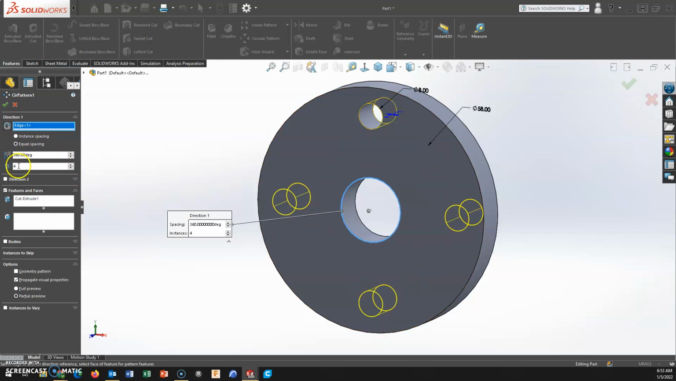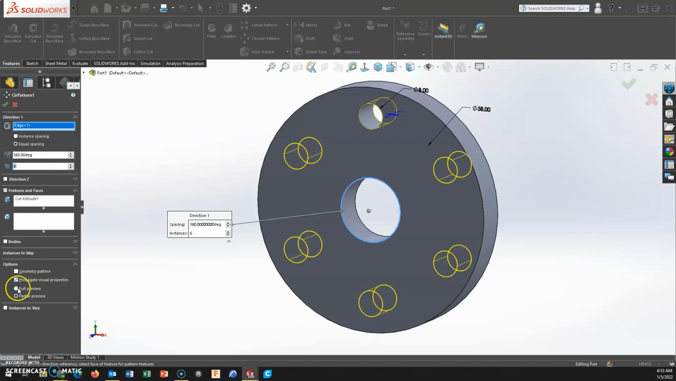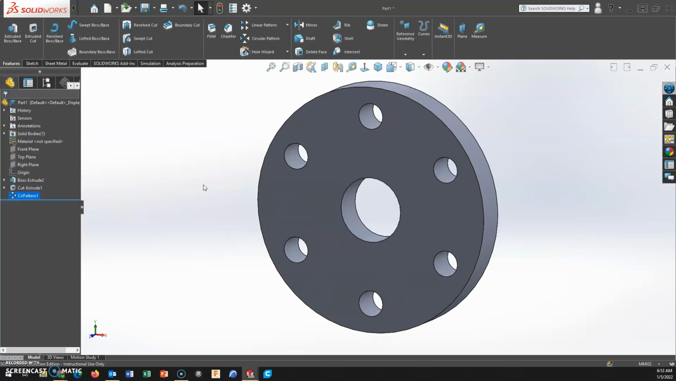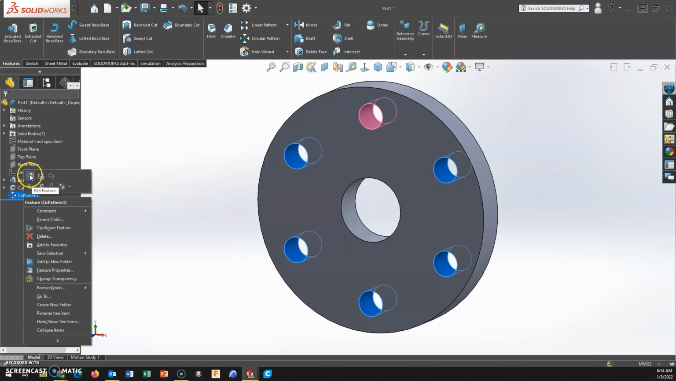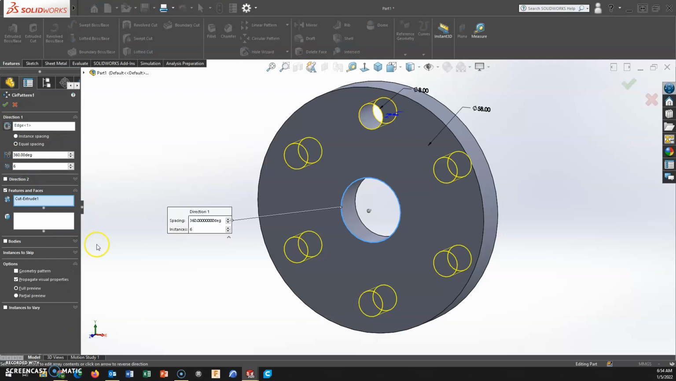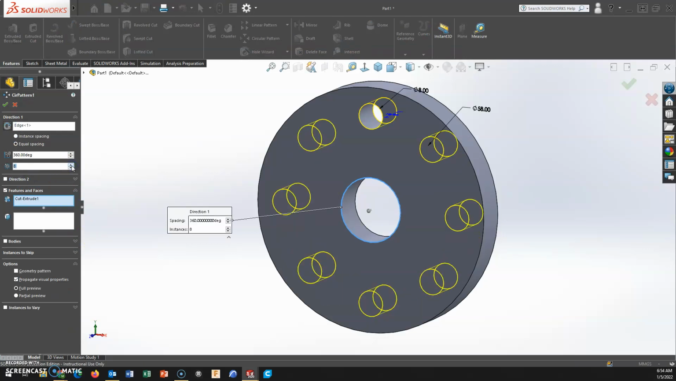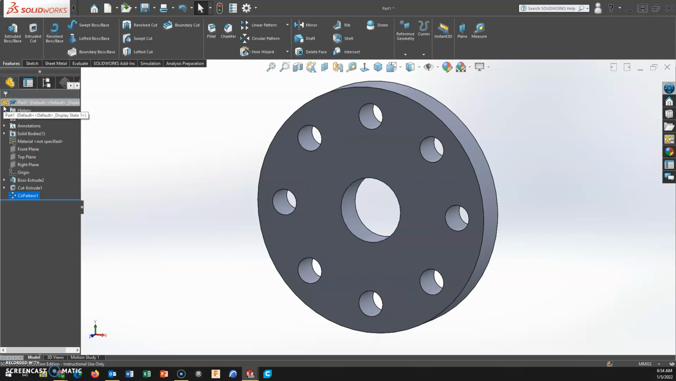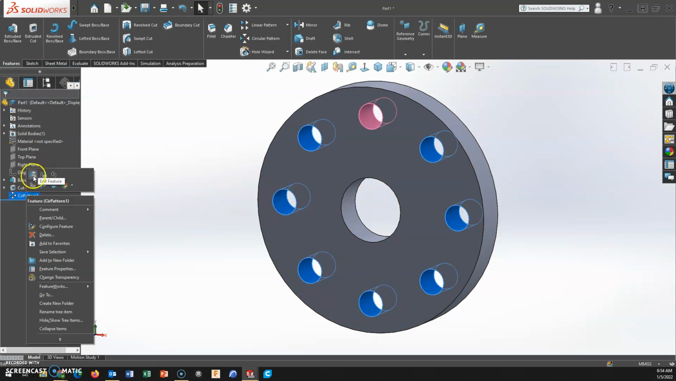So equal spacing, number of instances right now is 4. I can scroll through, I can type in, full previews on, I got 6. There it is. I would say one advantage to using the features tool as you progress through is that if I want to change this, I can change this quite easily with my features toolbar. If I want to change the number of instances, I can come and change that instantly, and that change takes place. If I want to change the hole itself,